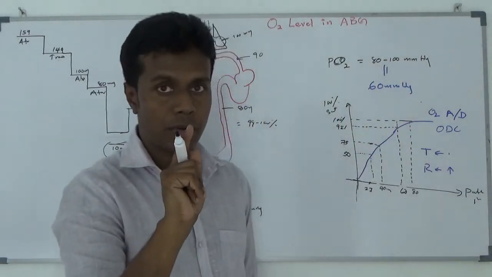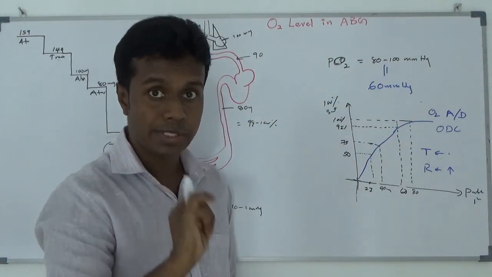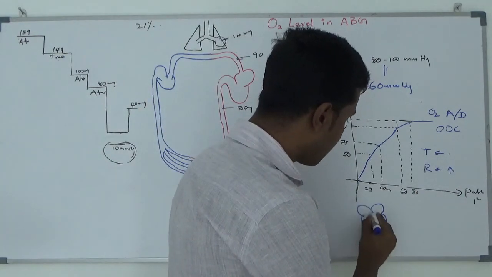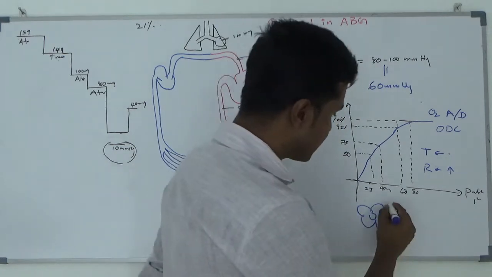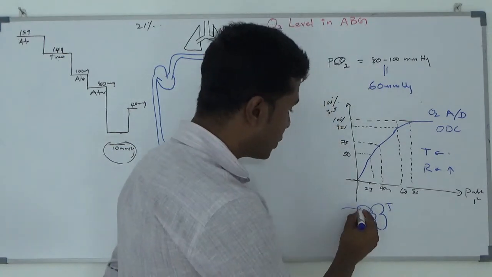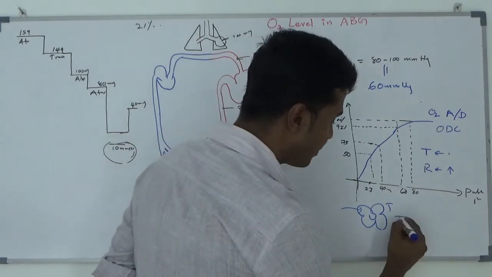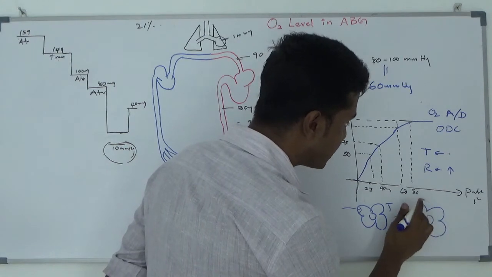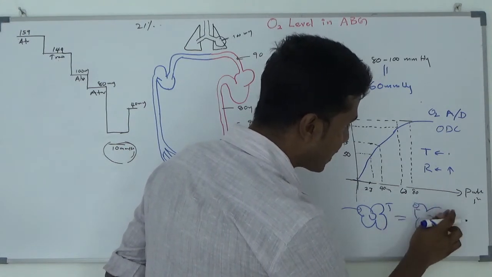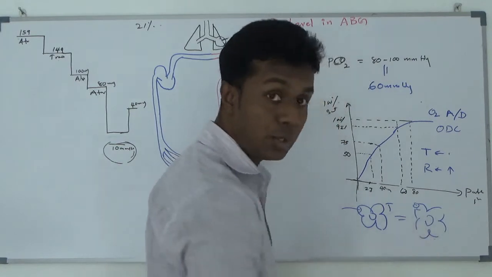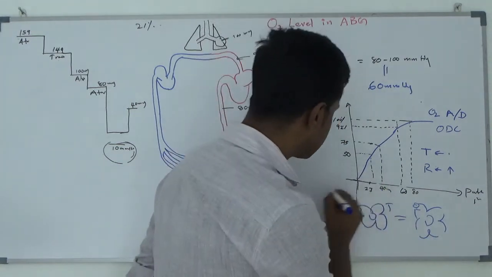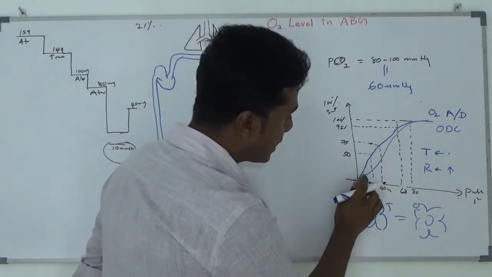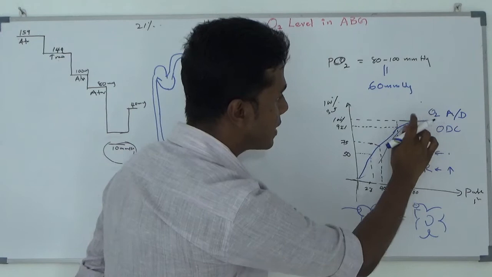One hemoglobin molecule can carry 4 oxygen molecules. Initially hemoglobin is in the tense state, and it is very difficult to bind oxygen. Once it binds, other areas also open up. This area now has oxygen bound, and because of that, the next area is relaxed and ready to bind oxygen. Because of that, the curve looks like this. That means the initial part is very difficult, but the latter part is very easy.